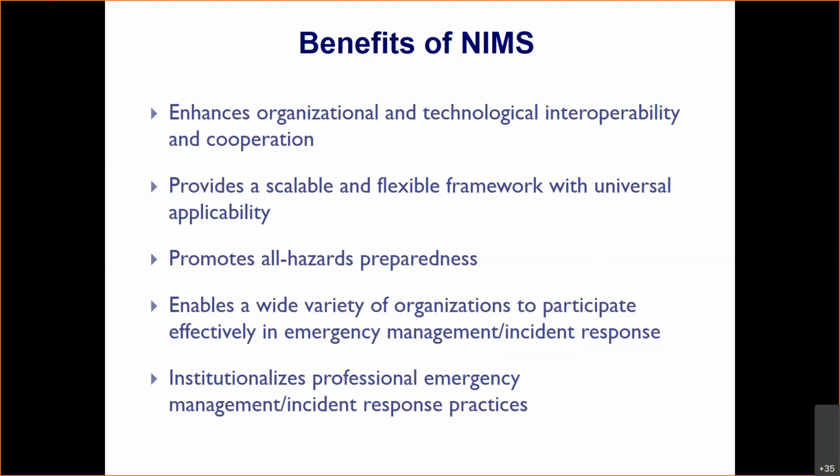It also promotes an all hazards preparedness. So as we're looking at preparing, we are preparing for any incident. If you can prepare well for a hurricane, then you're going to be prepared well for a fire. You're going to be prepared well for a flood. There's the basic preparedness techniques that, if you approach it with an all hazards lens, there's just some small things you need to tweak to make sure that you're prepared for a particular incident. But the base all hazards approach is how many emergency managers and many emergency agencies approach their